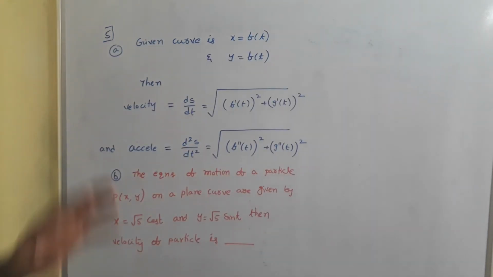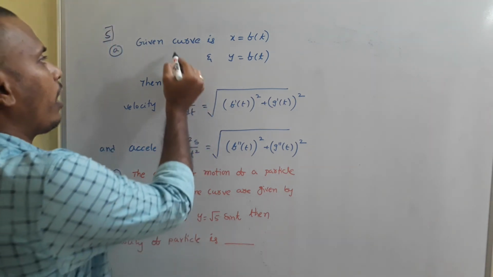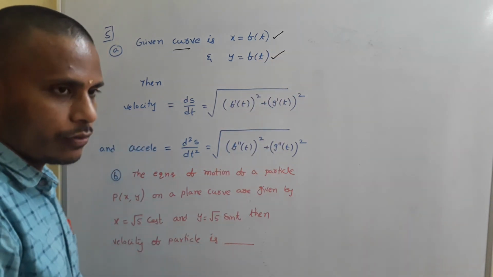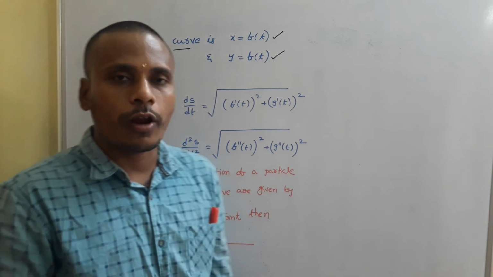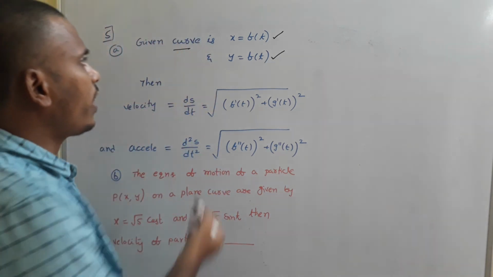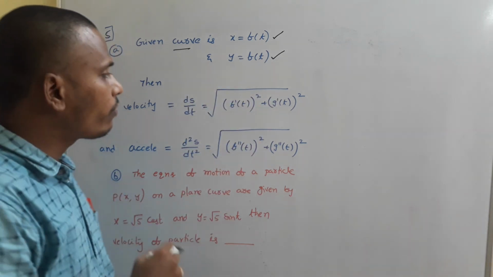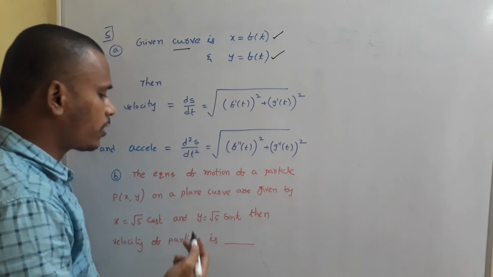Look at the board. The next type and next category is related to rate and pressure. For example, a curve is given in terms of t. So usually we call it parametric curves. Already we learned parametric differentiation, parametric forms, parametric curves. Here x and y are not connected directly. x is connected with respect to time, y is also connected with respect to time. x and y are functions of time.